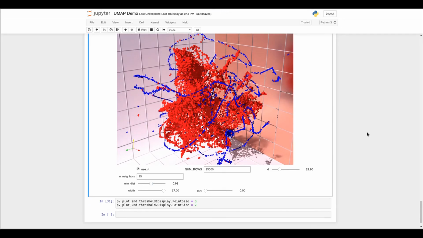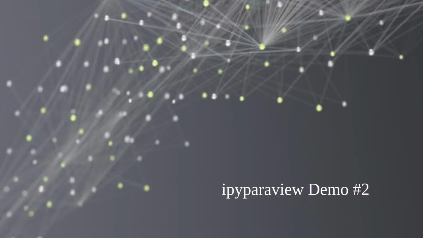So that is the end of our demo. That concludes our demo of visualizing UMAP embeddings or clusterings inside of a Jupyter notebook using our pair view widget. And I hope you could see that the combination of pair view and our new RTX extensions in pair view really enable next generation visualizations of 3D geometries, either coming from more scientific applications or more machine learning or data science centric applications. As we mentioned before,